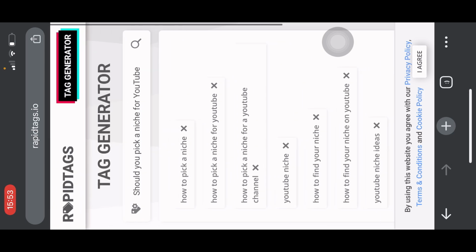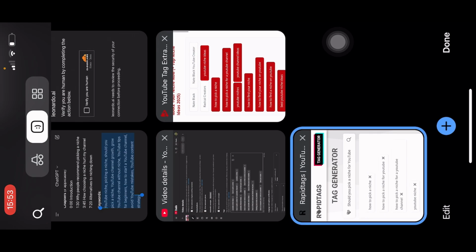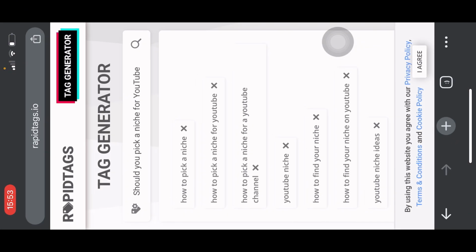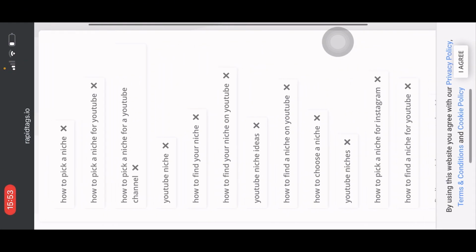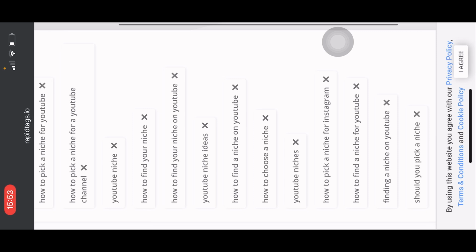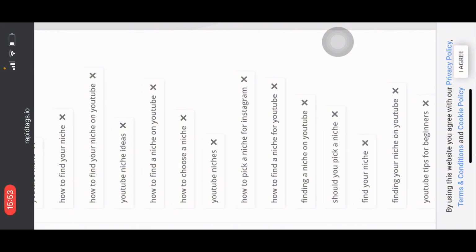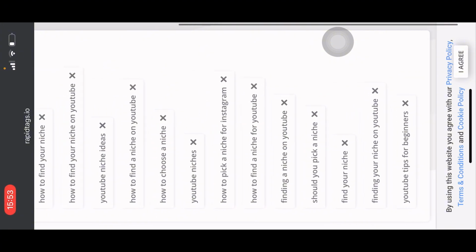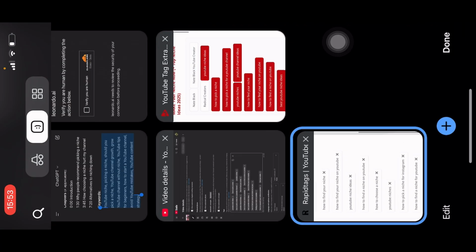Because we already have tags, I'm going to compare. You can see the first one is how to pick a niche and YouTube niche idea. How to pick a niche and YouTube niche idea is here. So you can see, guys, this is how you can optimize your video. How to find a niche. Okay, YouTube tips for beginners is not here, so I'm going to come here and type in